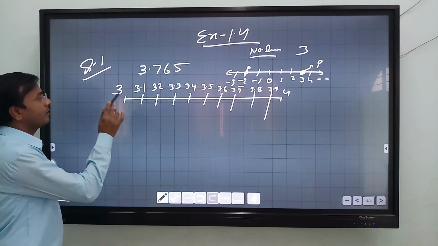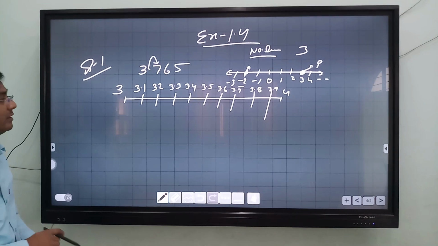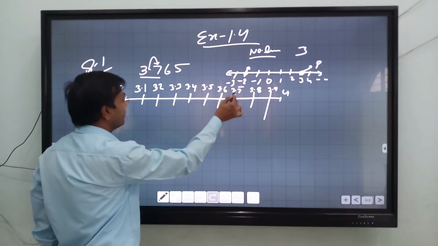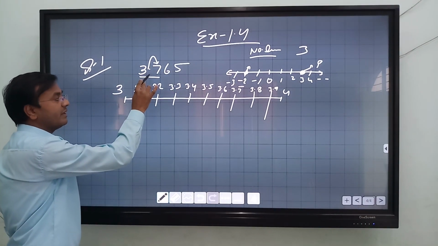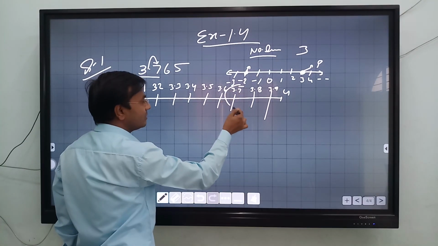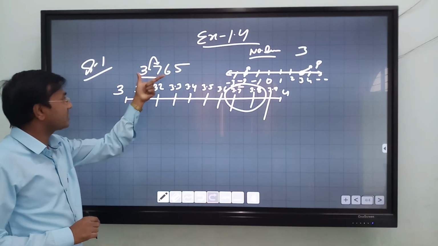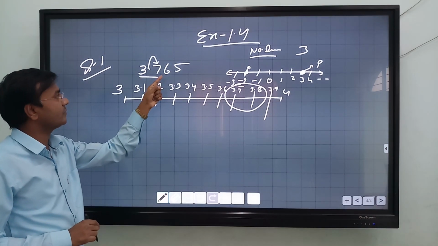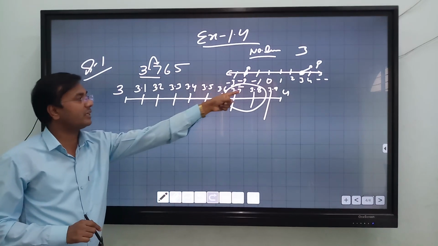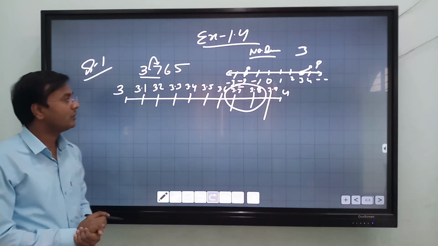So now after the decimal, see the number is what? 7. So now find where is 3.7. Here is 3.7. So this number is greater than 3.7 and smaller than what? What is the next number? Just next, this 3.8. So we can encircle this, that this circle ensures us this number 3.765 must be greater than 3.7 and smaller than 3.8, because after 3.7, 3.8 will come, just the next number. Okay, so now